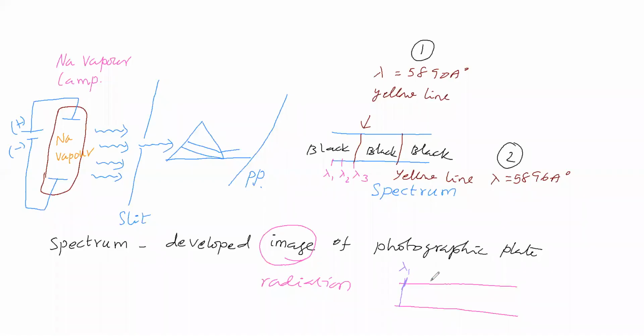Here, suppose the engraved wavelength is lambda 2. There is no striking place here, no striking point. No striking point means no radiation